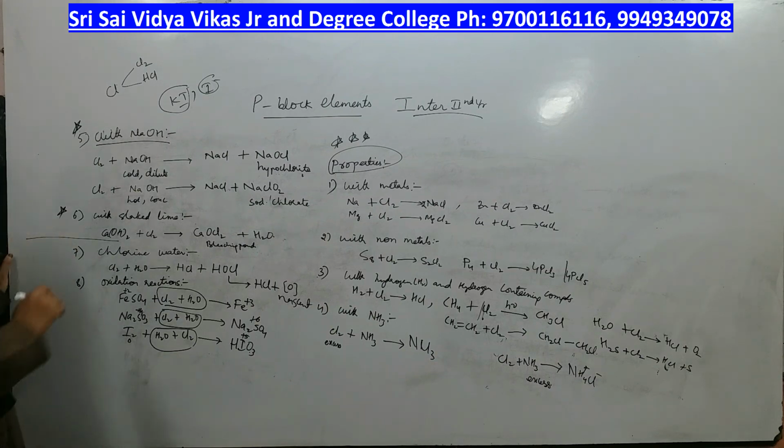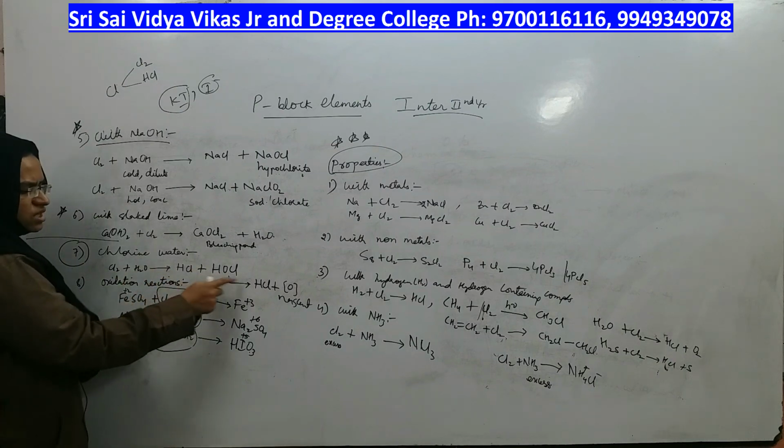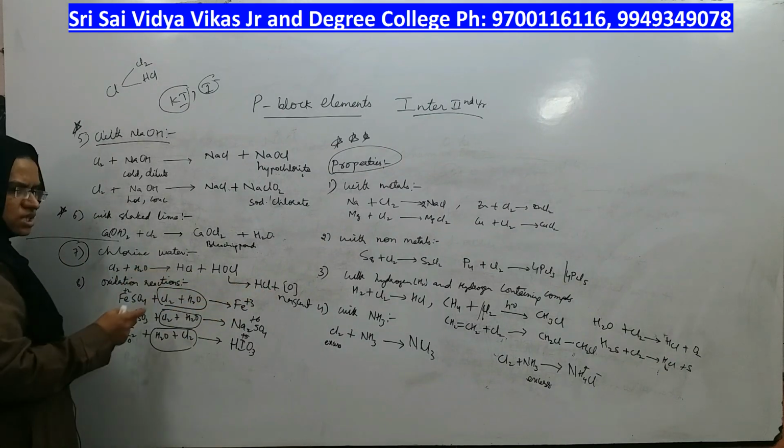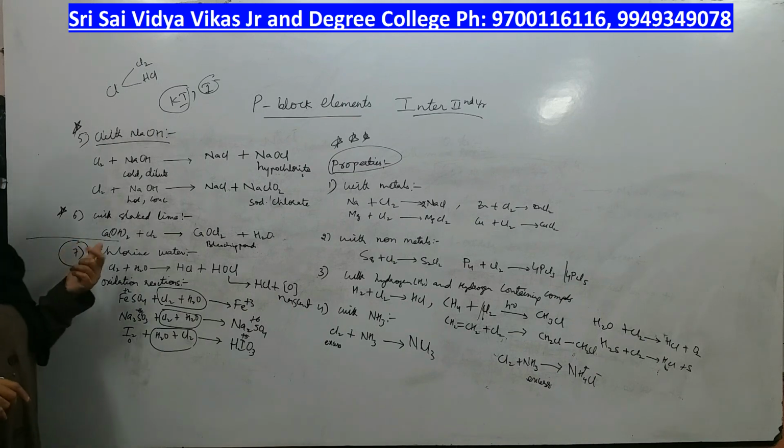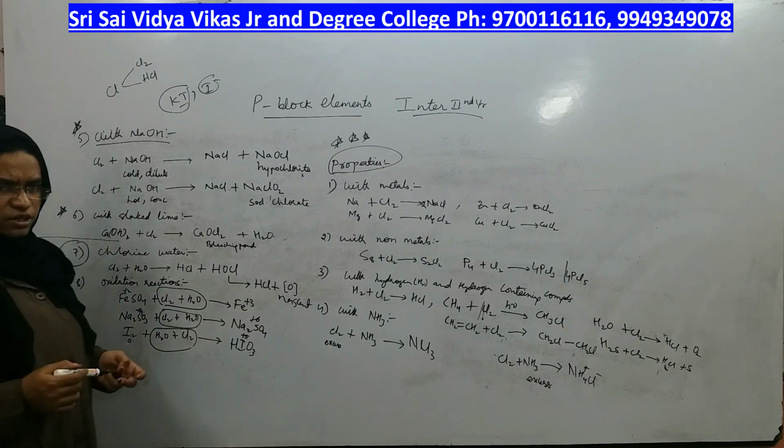After the sixth property, I have taken how chlorine water reacts differently than normal chlorine. It reacts differently because it releases nascent oxygen. If it releases nascent oxygen, it is able to act like an oxidizing agent, oxidizing all of them. What are the oxidation states? Plus 2 into plus 3, plus 4 into plus 6, 0 into plus 5. All of them are oxidation only, right? Yes. So these are different properties of chlorine. Even preparations as well as properties are very important for chlorine.